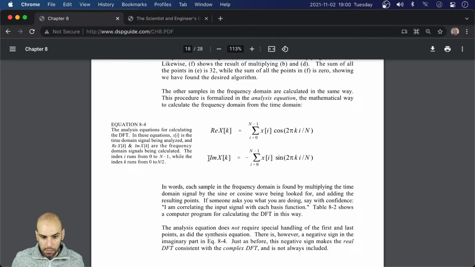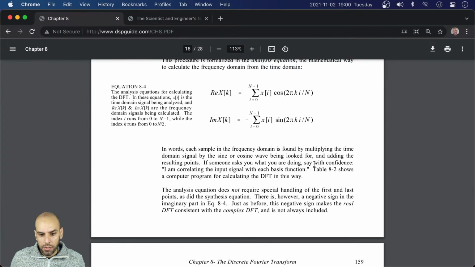And then we're going to do the same for this sine. And we need to put a minus here so that all the equations make sense. And some authors even skip that. Yeah, if someone asks what you're doing, say with confidence, I'm correlating the input signal with the basis function. The basis function is just one of the strings, one of the things that you want to be the